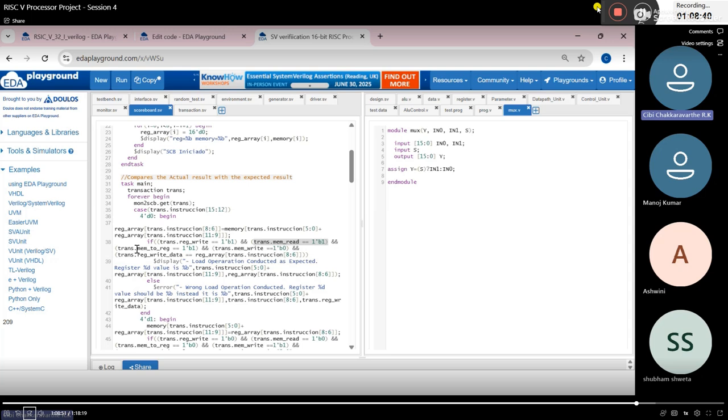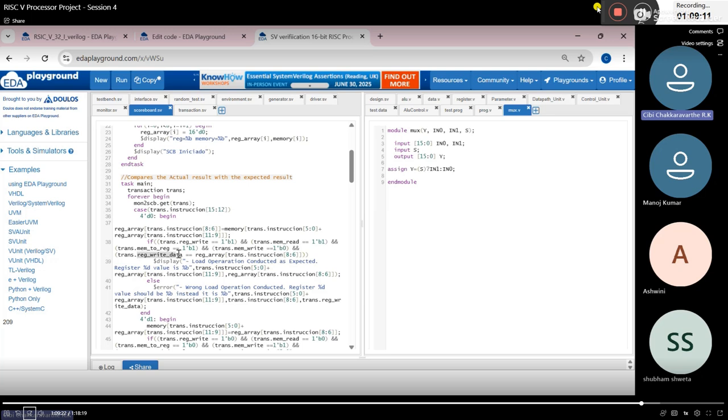And memory to register should be on, because we are going to load some data from the memory to the register, no? So this should be on. And here memory write should be off. Why should memory write be off? Because we are not going to write anything inside the memory. Right now for load, we are going to fetch data from the memory and load it in the register. Okay. And finally,